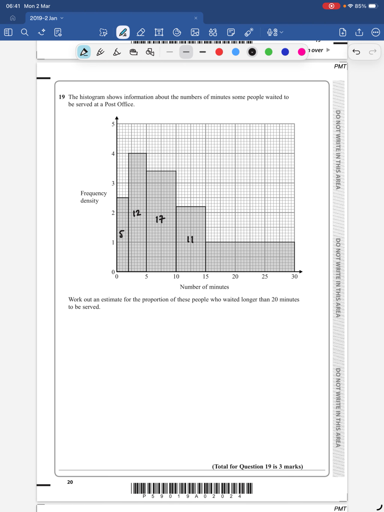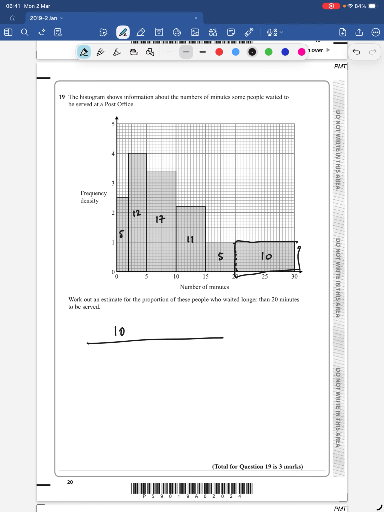And then here, I don't want to put a number for all of this, because I don't want all of it. I only want this bit. Okay, so I'm going to break it into 2. I'm going to kind of put an artificial boundary there. This one here is 5 times 1, and this one here is 10 times 1. So my fraction is 10, because it's those ones,